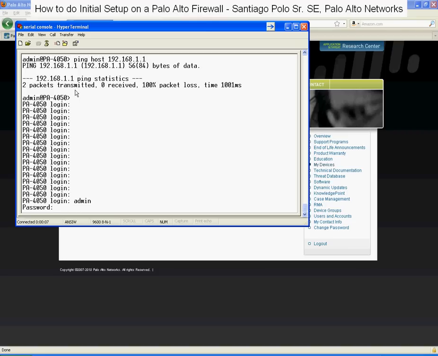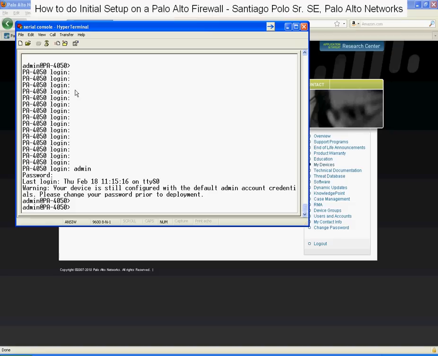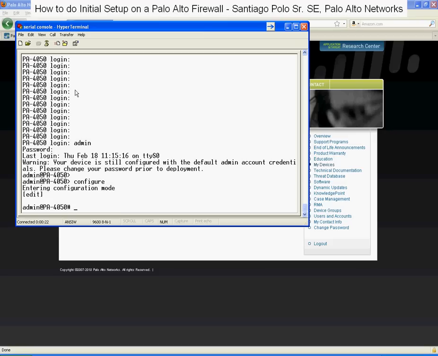and what we will do is log in, type admin. And at this point, what we want to do is change the IP address of the box. The default is 192.168.1.1. I'm going to change that because that's not a good one for my network. So I'm going to go ahead and type configure, and I'm going to type set